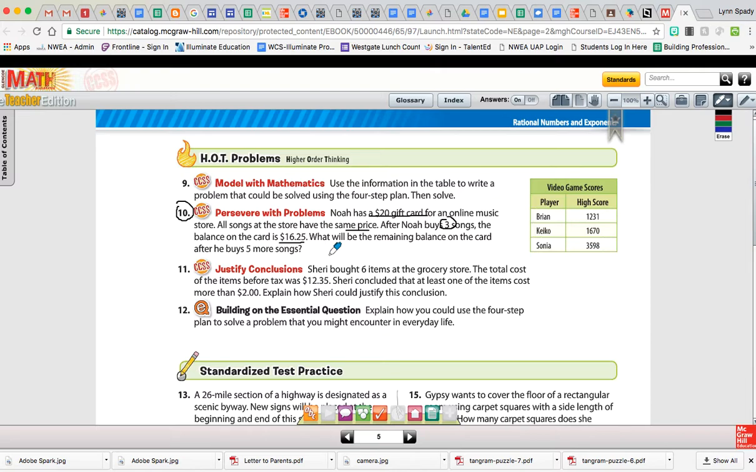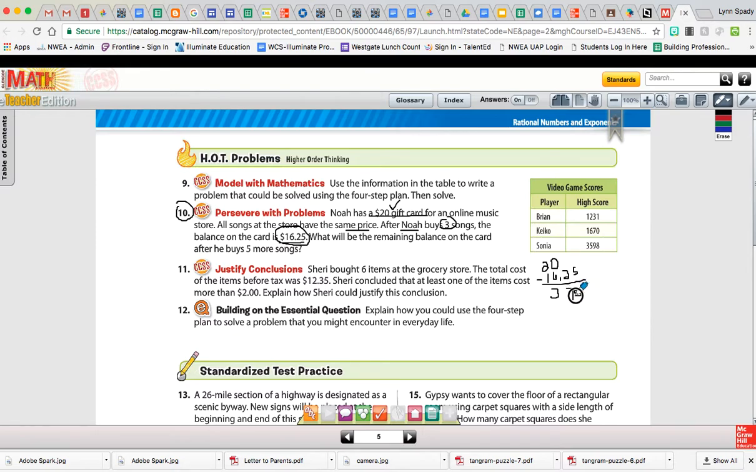There's lots of information in this problem, and to understand it, I just need to check off what I know. We have a $20 gift card, and we've already bought 3 songs at the same price. Okay, so I'm going to do a little working backwards here, because after Noah buys the 3 songs, there's a $16.25 balance. So if I take the $20 and take away the $16.25, then I get that he has already spent